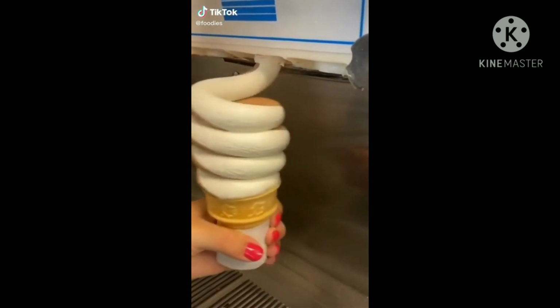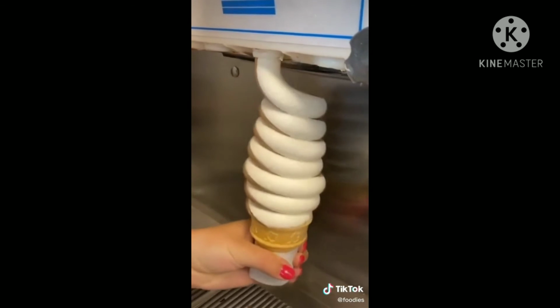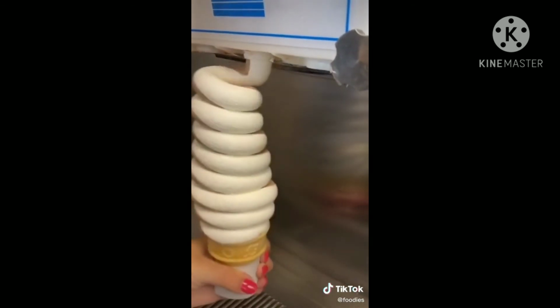I want to know why on the new TikTok update, when you click to share a video and you click others, it asks you why. Like, mind